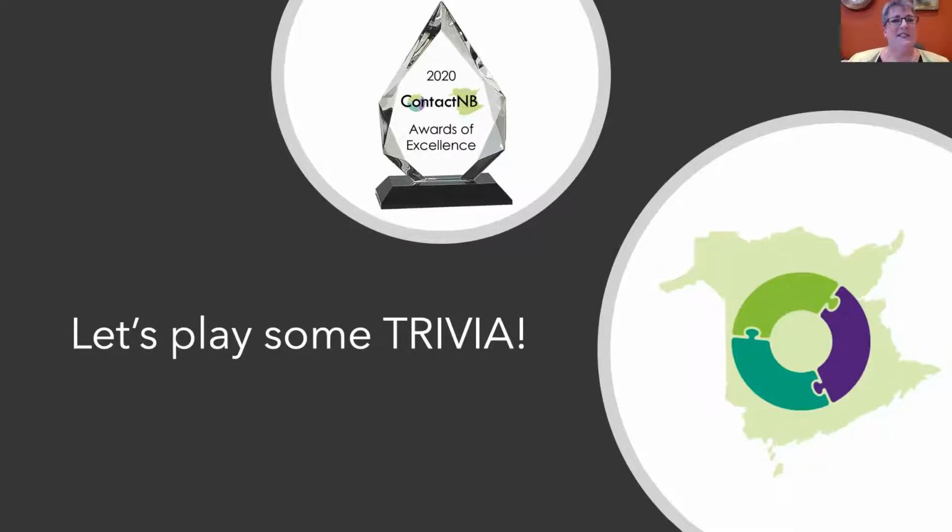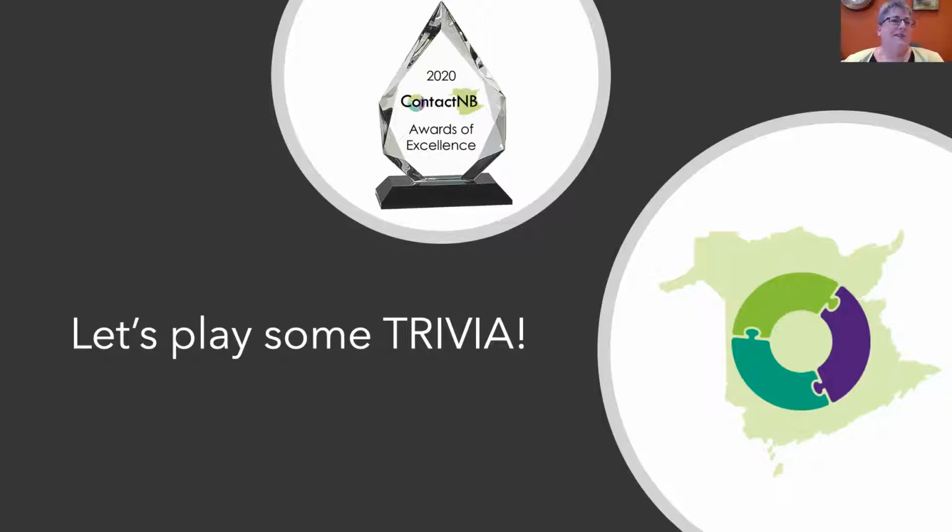Okay, question number 6. Ooh, winter's coming. The annual average snowfall in New Brunswick is what? A, 200 to 400 centimeters. B, 5 to 600 centimeters. C, 1 to 150, or D, 6 to 800 centimeters. Forgot my Jeopardy music. Here we go. 5, 4, 3, 2, 1. Most of you chose A, 200 to 400 centimeters. You know your snowfall, you guys. You're right. It's A. Okay, question number 7.